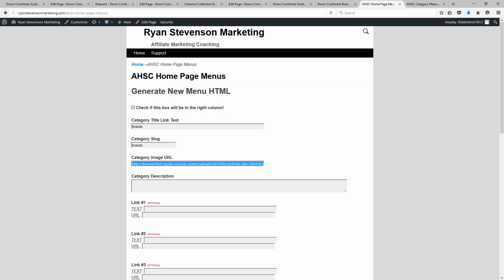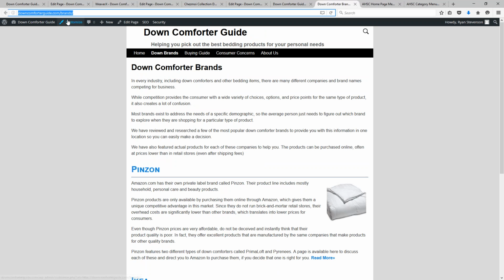Now, how you would go about getting this URL if you were creating this from scratch, or how you would go about getting, say, your category slug, it's all where this page is located. For example, the category page, the URL that it's located at, you look at the URL for it, and you just copy the basic word or words that are used for that slug. Everything in between the slash marks. For the images, though,